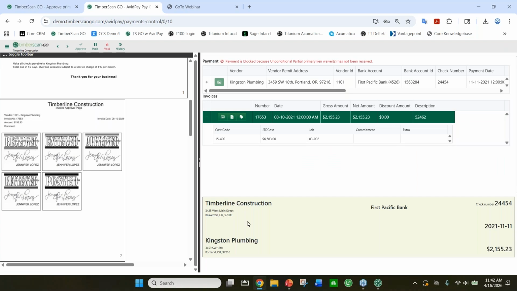And then when this looks okay and the user says, yeah, let's go ahead and get Kingston paid this 2155, that's when you hit the approve button. Behind this, there is a portal that communicates with the AvidXchange payments team. This will let them know you've authorized a payment to Kingston Plumbing for 2155. So it's at this point you would see this 2155 debit transaction hit your bank account, and then Avid would start the process of paying that